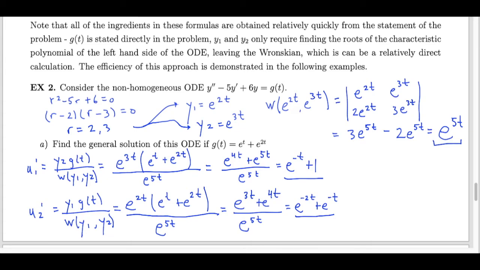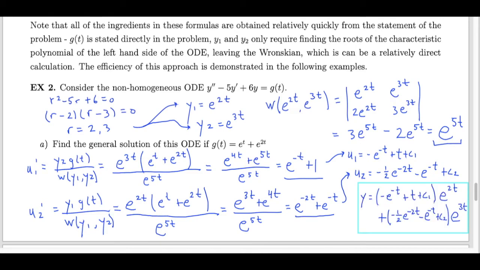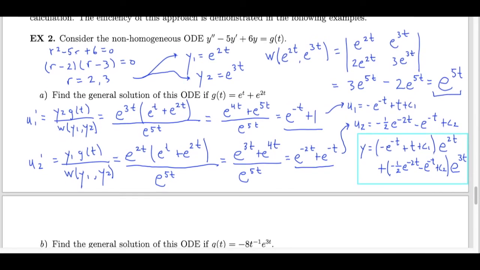Next, I'll anti-differentiate those to identify u1 and u2. As usual, I'm running out of room, so I'm going to try to squeeze this into this last little bit of available space. I get these two functions here for u1 and u2. And I put all my ingredients together to come up with my final solution given here in this light green box. I am going to scroll to the next page just a little bit to give myself a little room